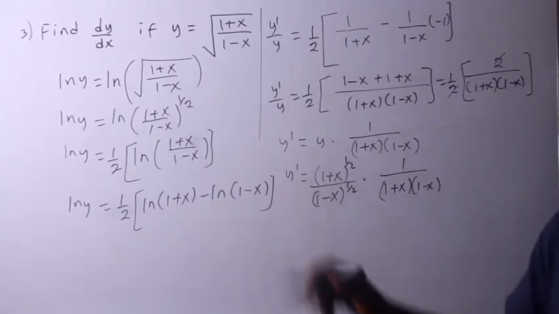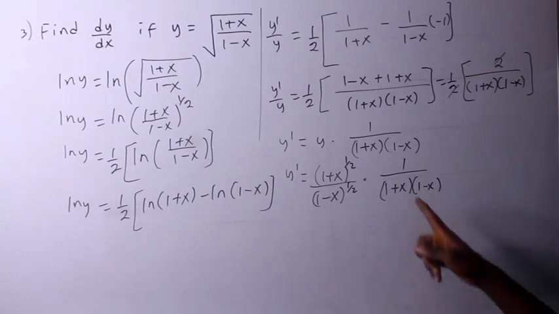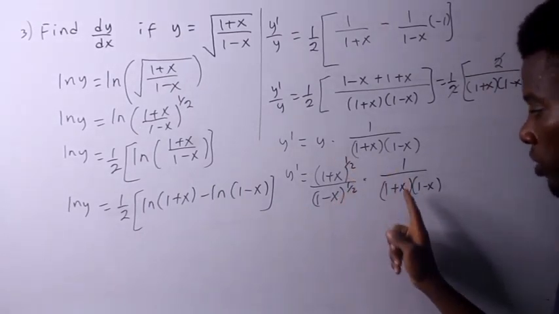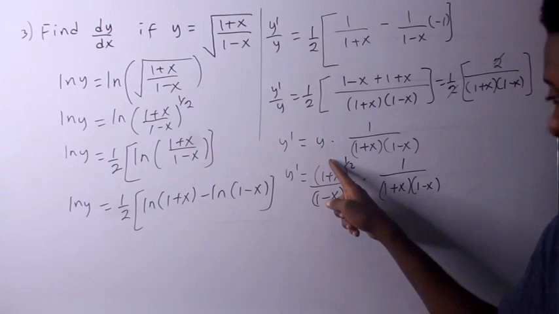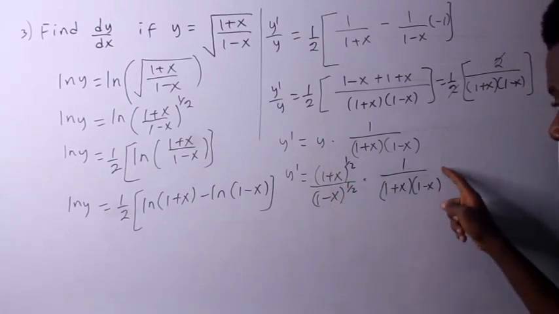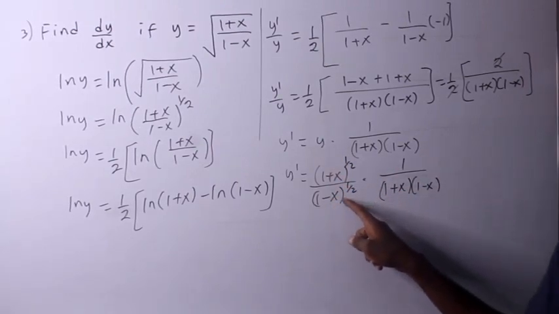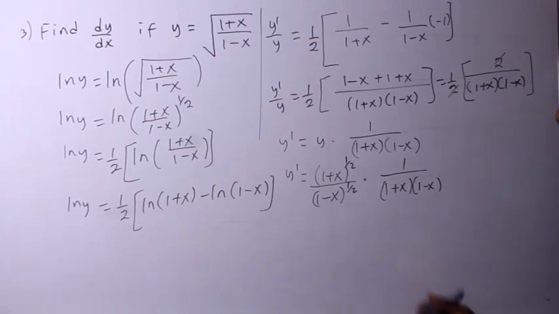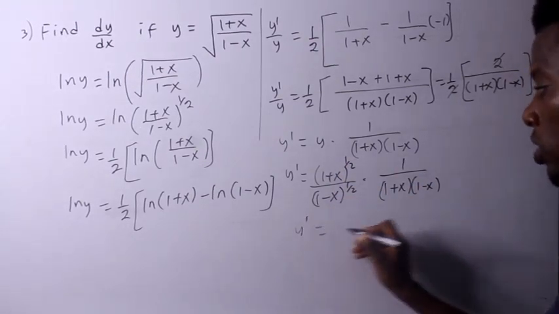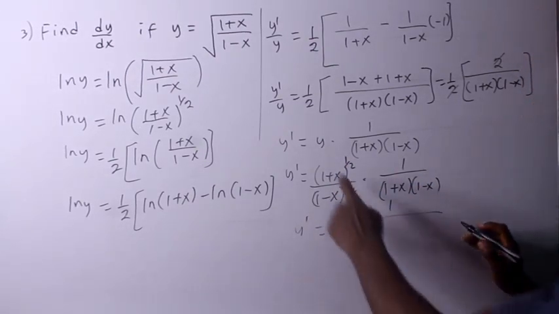That is y prime. So what I have here is this 1 plus x to the power of 1 and the 1 plus x to the power of half. And this one has the power of 1, this one has the power of half. So my final answer is going to be y prime equals 1 over, since this is coming down,